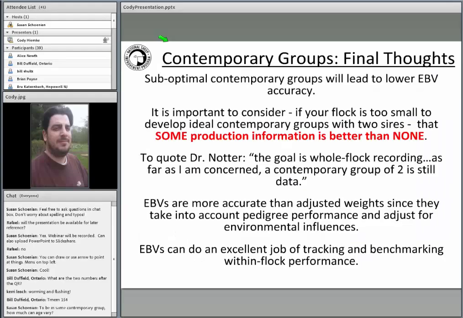So some additional thoughts here on contemporary groups. As I mentioned earlier, less than optimal contemporary groups will lead to lower EBV accuracy. It's important to consider, and this is a discussion that we had last week Friday: if your flock is too small to develop ideal contemporary groups of 2 sires, some production information is better than